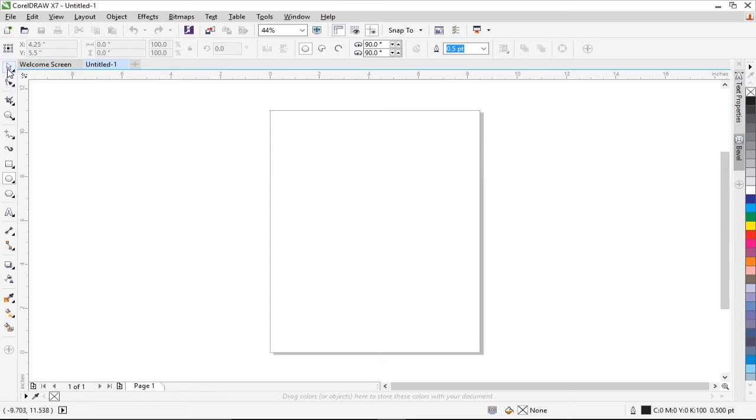This place, this is the tools bar. So you can see your tools here. This is your tools bar. Okay, different tools here. Then